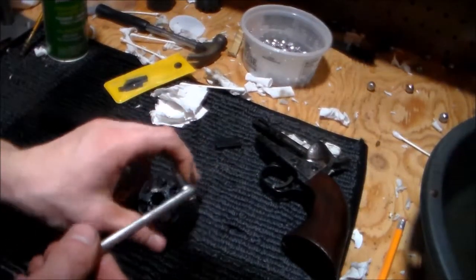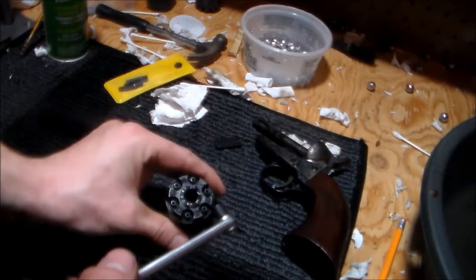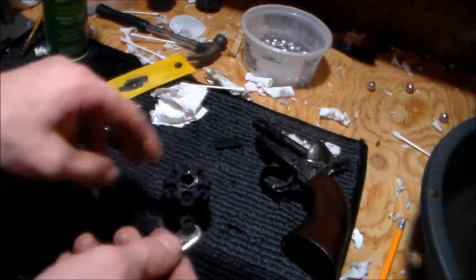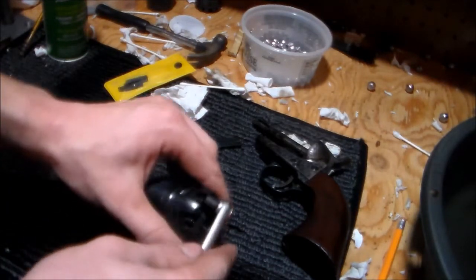They fit the nipples really good, but they're horrible. The quality is just not there. They'll strip out on you in no time. So get yourself a good wrench. This is a ratcheting one,